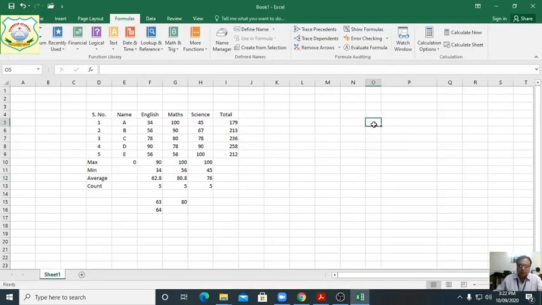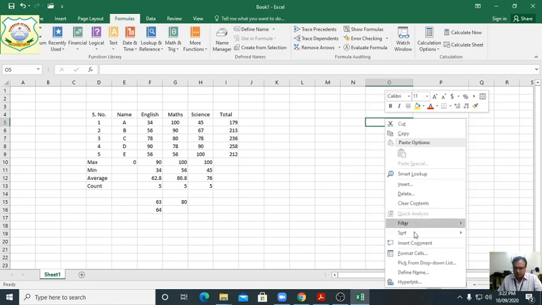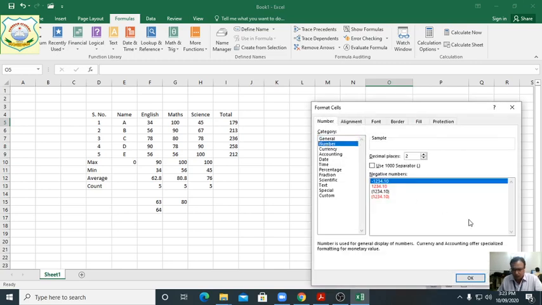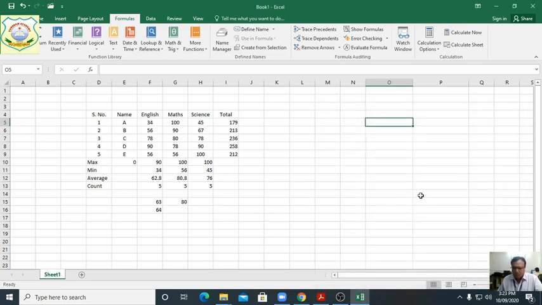Suppose you have written something, this is number form, you have selected for number or date. From Format Cells you have selected number, but what you have written, there are some characters you have used.